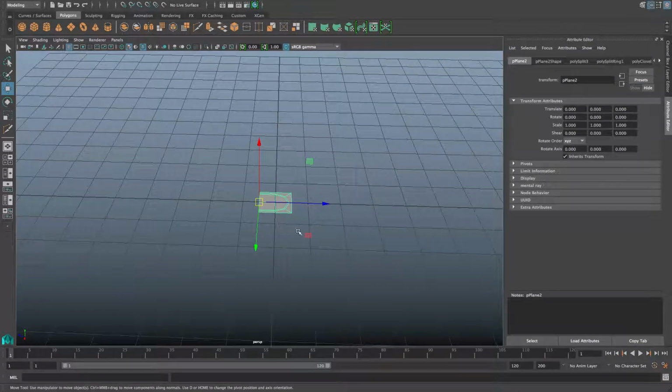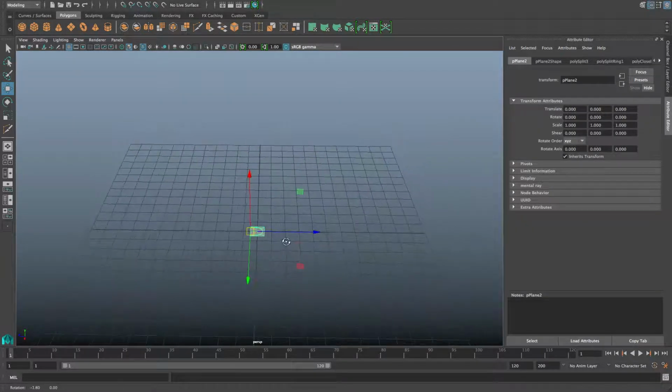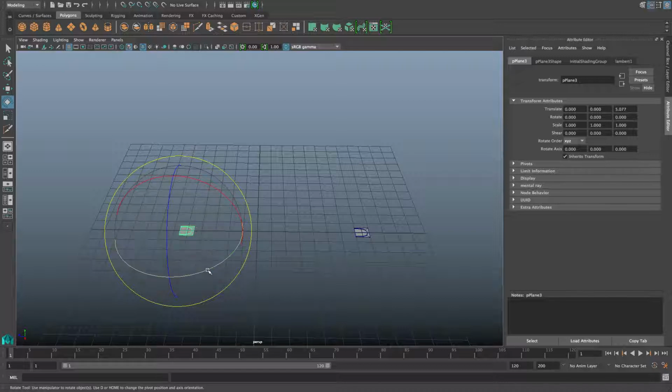Okay, I'm gonna take it now to about 5 units from here. Hold on the X key and with the move tool push it towards here. So 1, 2, 3, 4, 5. Okay, Control D, duplicate this one, move it to the other side, switch to rotation tool, hold down the J